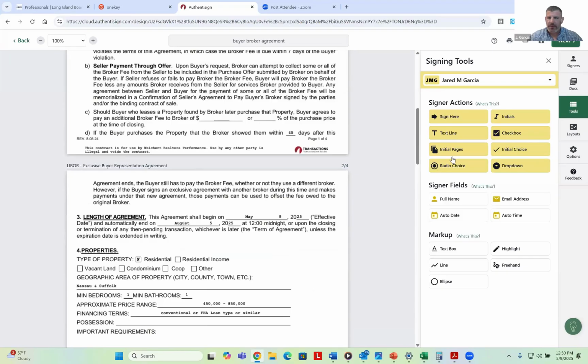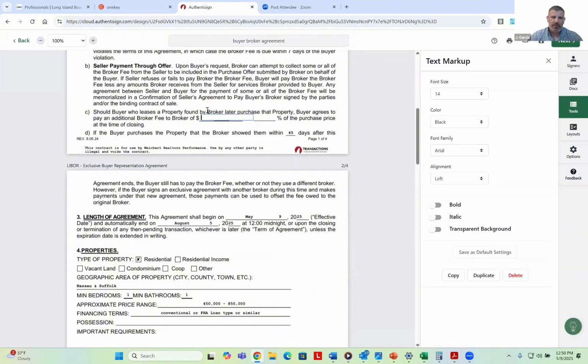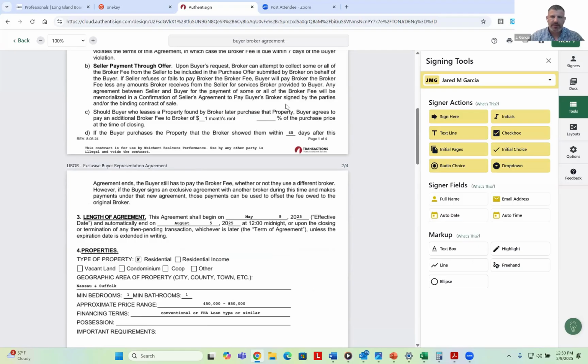If they lease a property, we can go ahead and add a text box, and you can put 1 month or something like that. So you can play around with it, but it's really easy to do it this way,